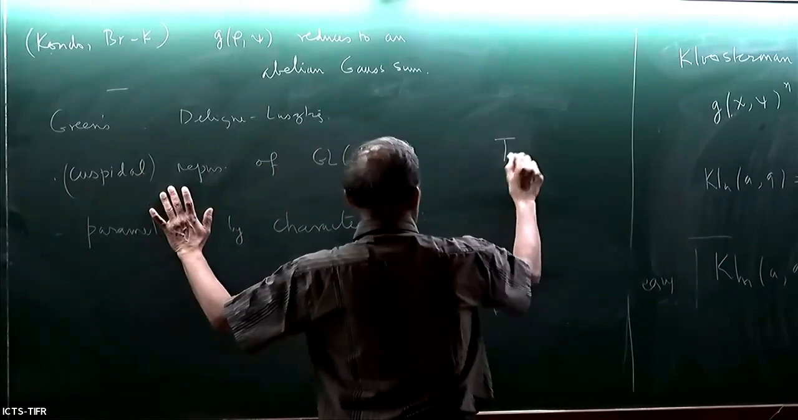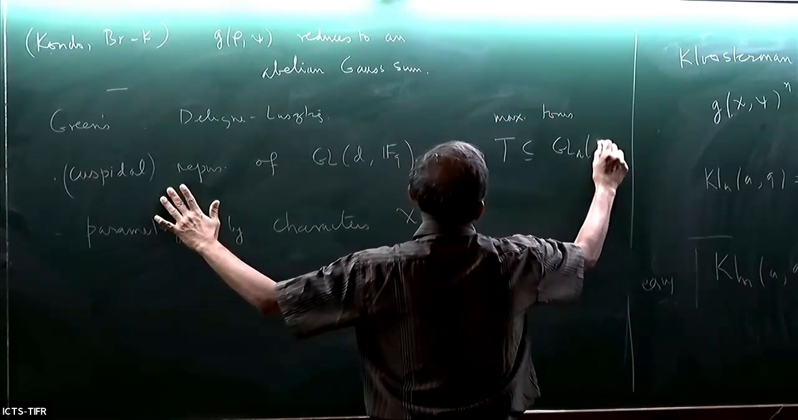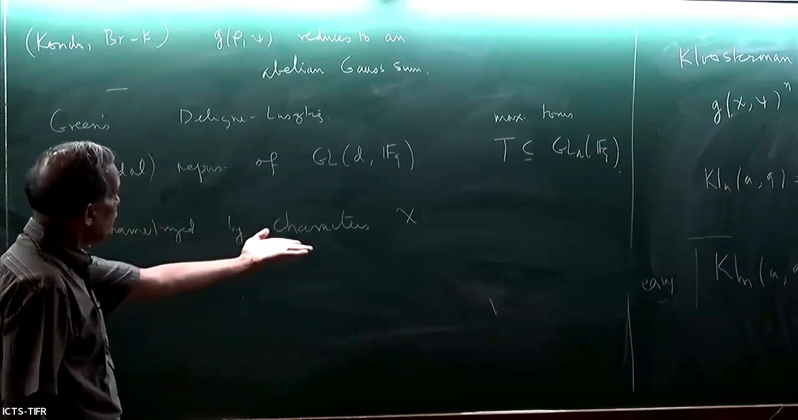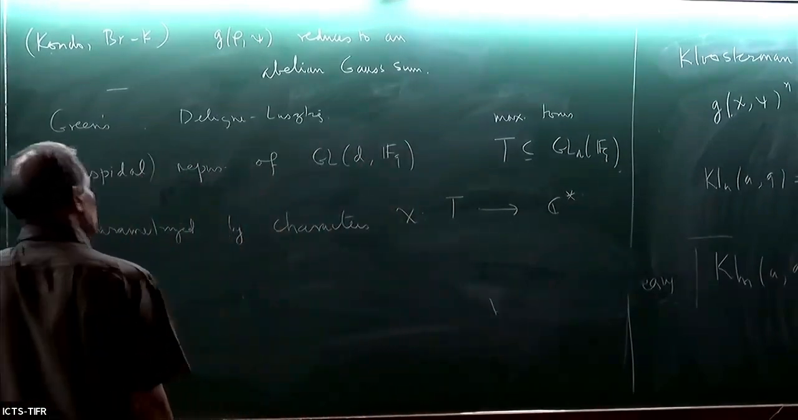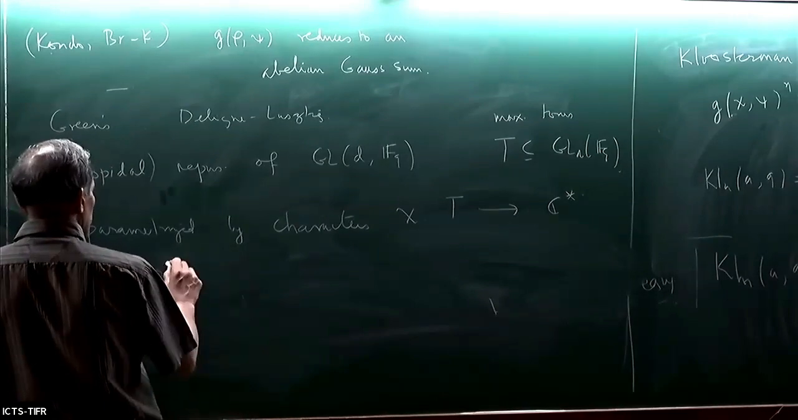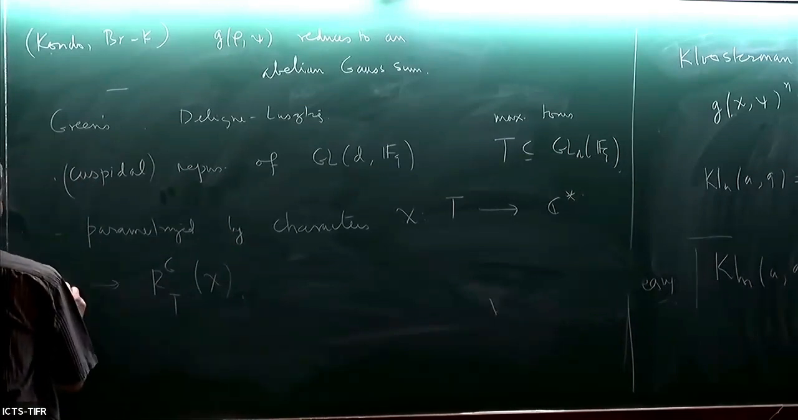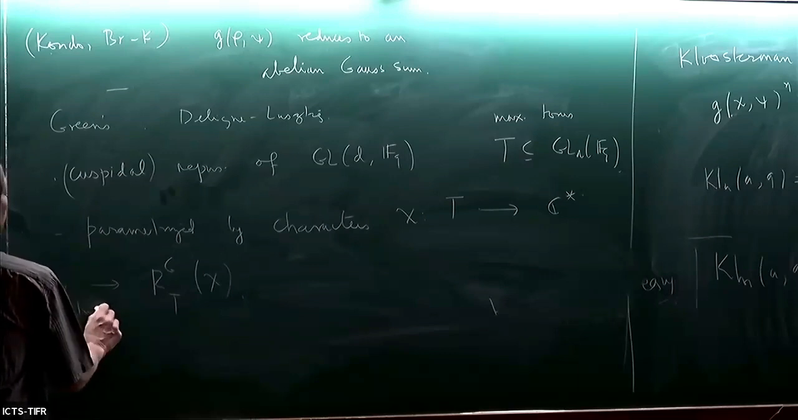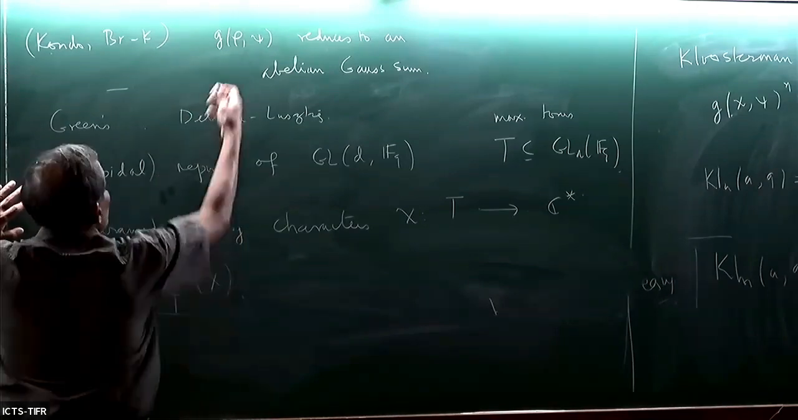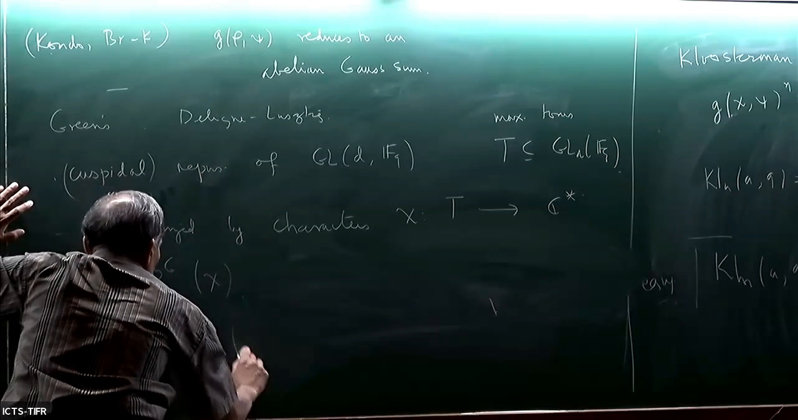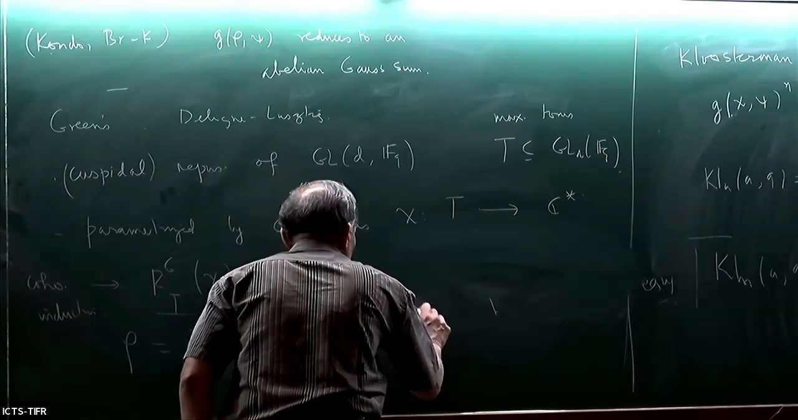So you take a torus T, a maximal torus inside GL_d(F_q), and you look at parameters by characters chi of T to C star. So you can think of it as R_T^G. It's what is called cohomological induction. Anyway, to cut a long story short, the point is that if I take this rho, it is of the form cuspidal representations R_T^G chi,